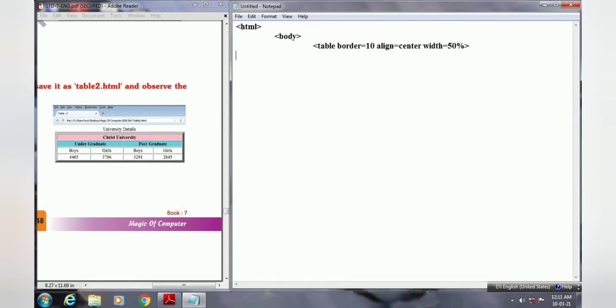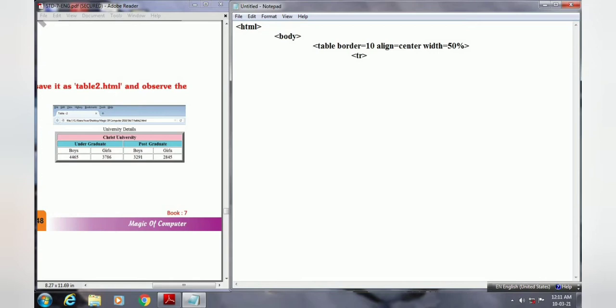Then next, which tag is there to create a row in a table? The tr tag. So inside the table tag, now we will use the tr tag, the opening tr tag for the creation of a row. And then to enter the data in a table, two tags are there, the th tag and the td tag.